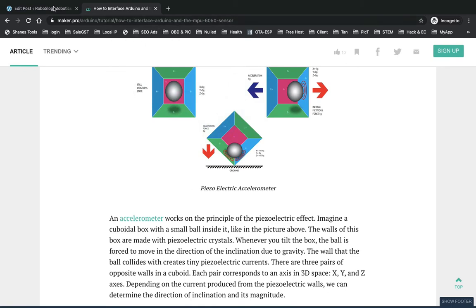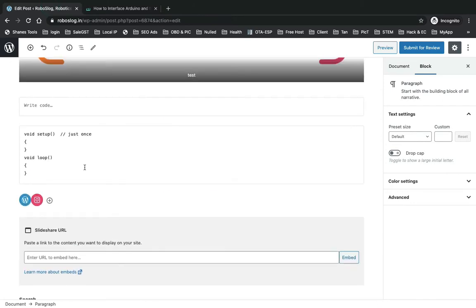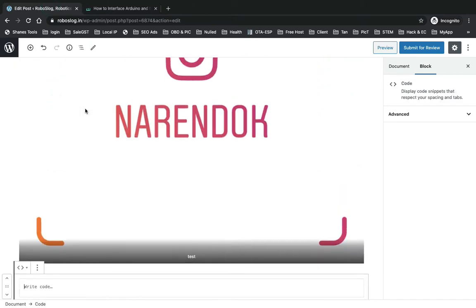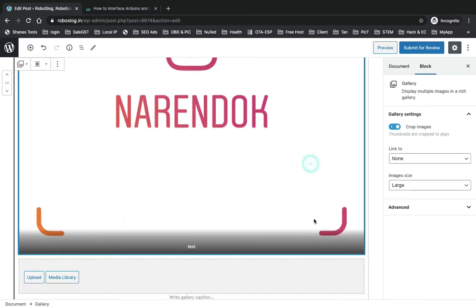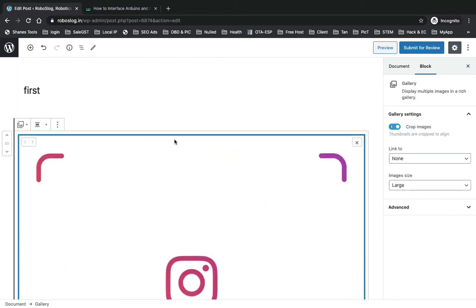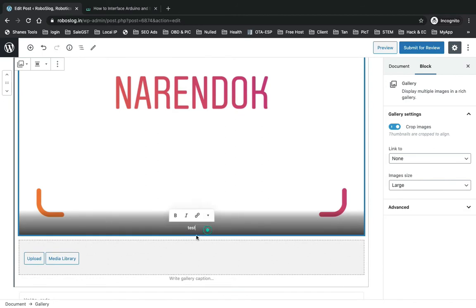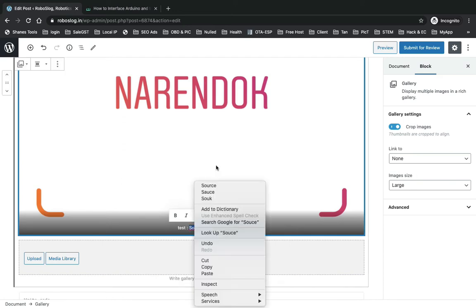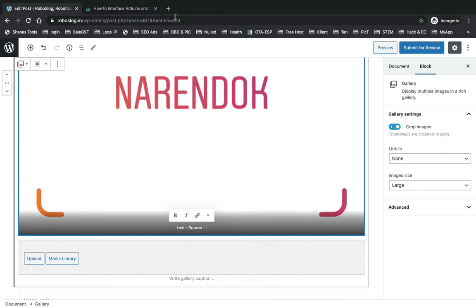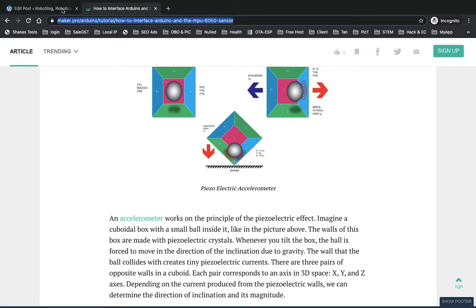If we have taken this image from somewhere, you can give credit like this. Write here Source, and whatever the source name is, it may be this URL, so you can type this URL like this, and that will be enough.